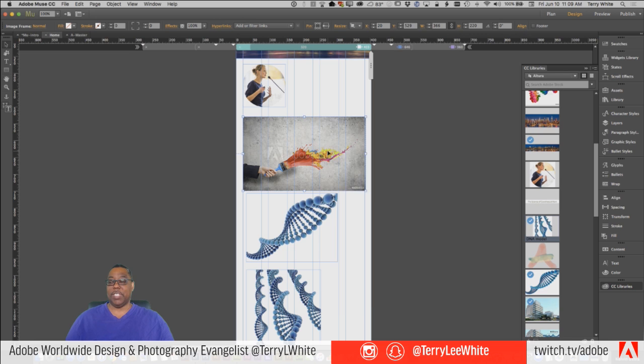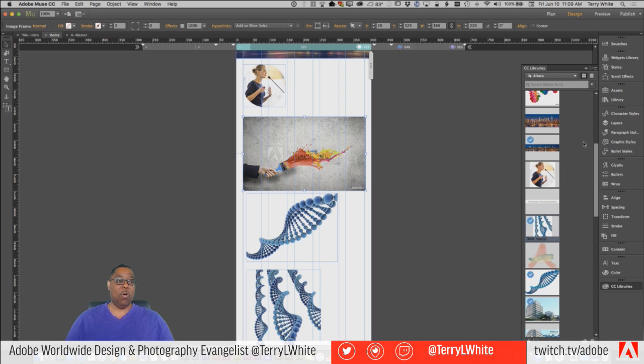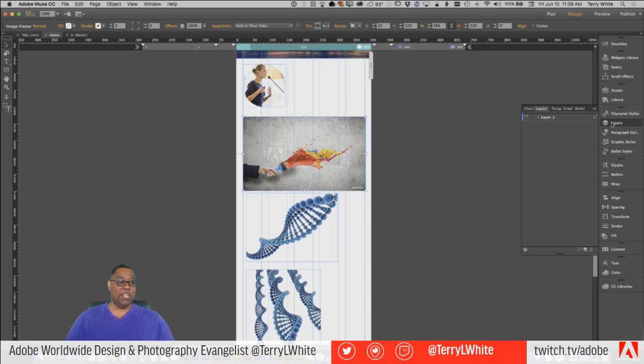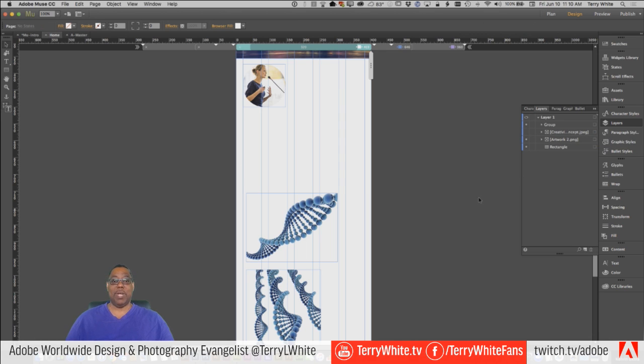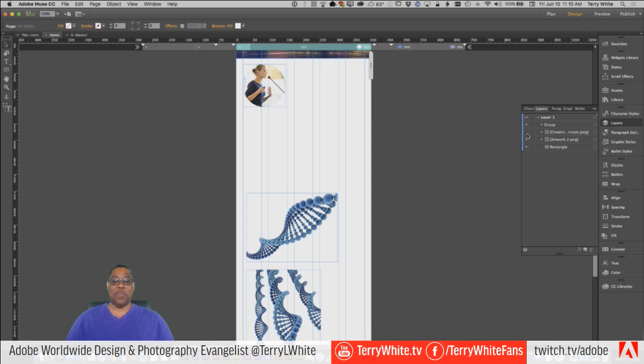So I don't even want to see this graphic because it's the wrong graphic on a small screen. So what I can do is I can either say hide in breakpoint from here, from a right click, or it's also controlled by layers. So if I go to my layers menu, or layers icon, we have layer 1, which is the only thing we've been working on thus far. If I twirl it down, that rectangle is the one that's selected right here with the blue dot. I can just turn it off. That's the same thing as hide in breakpoint. So we see it here, but once we get down to 403, it disappears.